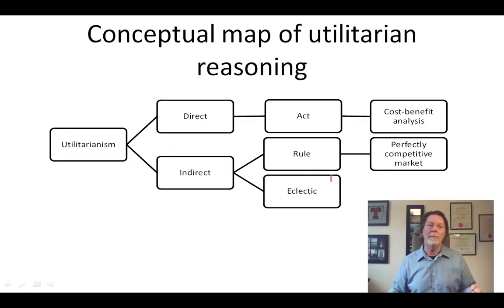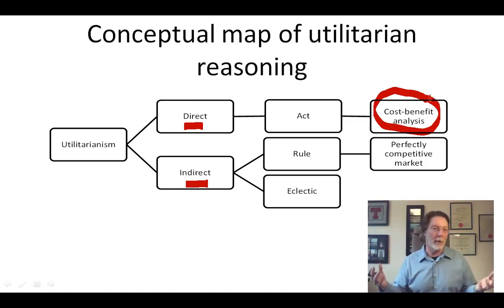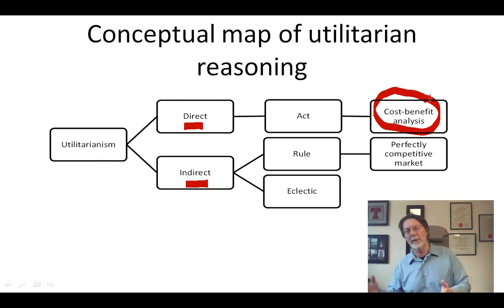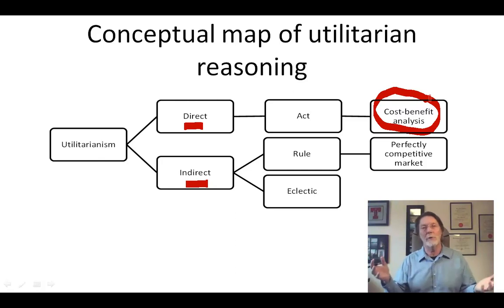So let me just point out where we've got to. We've got utilitarianism, we've got the direct version and the indirect version. One example of the direct version is act utilitarianism, and basically you perform some sort of cost-benefit analysis each time you act. Now that may work for a business decision, or for a decision about an environmental policy, but if you have to do a cost-benefit analysis of every action you take, where you add up pains and pleasures, which are very difficult to measure, or wonder about preference satisfactions, which in turn are difficult to measure, you're going to have